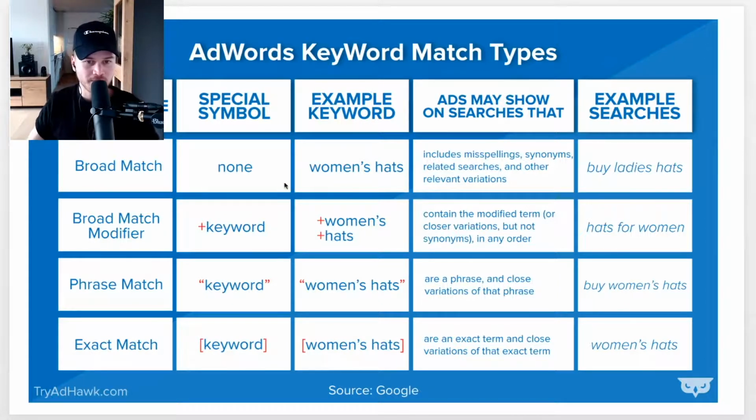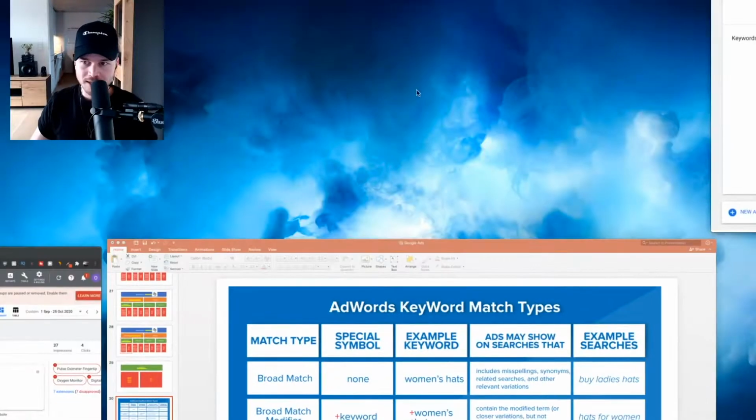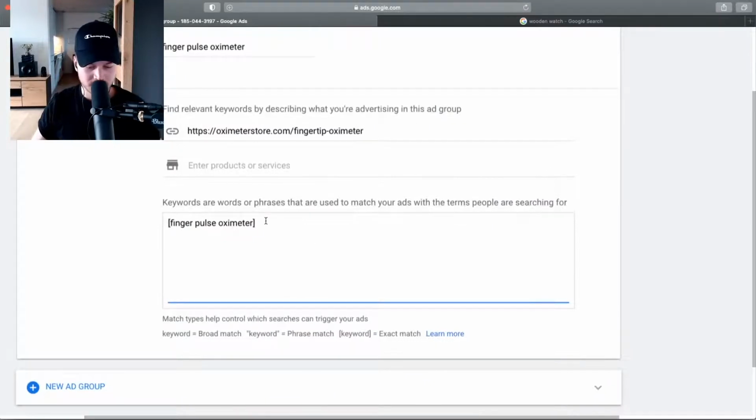And then we have a broad match, which Google also includes misspellings, synonyms, related searches, and other relevant variations. So you get a lot more traffic, but maybe not the traffic you want. So I recommend to only use these three in the beginning, only the modified broad match, the phrase match, and the exact match. So that's what we're going to do. We're going to use the exact match right here. Then we're going to use the phrase match, finger, pulse, oximeter, and we're also going to use the modified broad match. So finger, pulse,